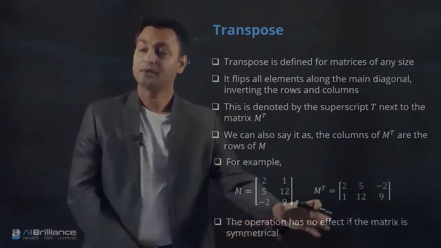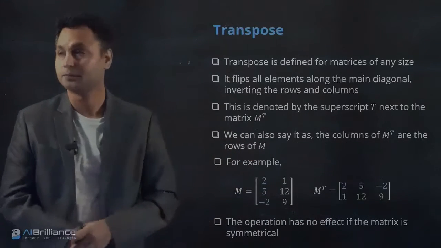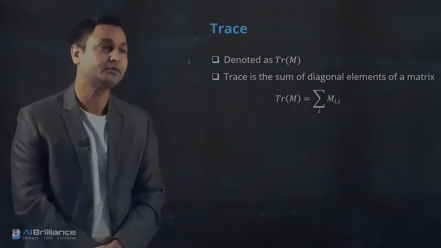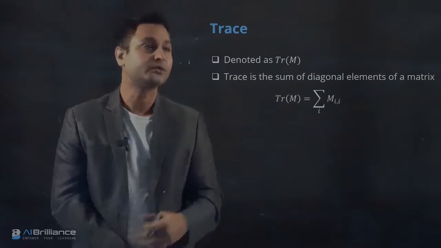Okay. The operation has no effect if the matrix is symmetrical. So if the matrix is symmetrical and you transpose it, both matrices are going to be the same. Okay. Now that brings us to the third operation that we can do on matrices, which is known as the